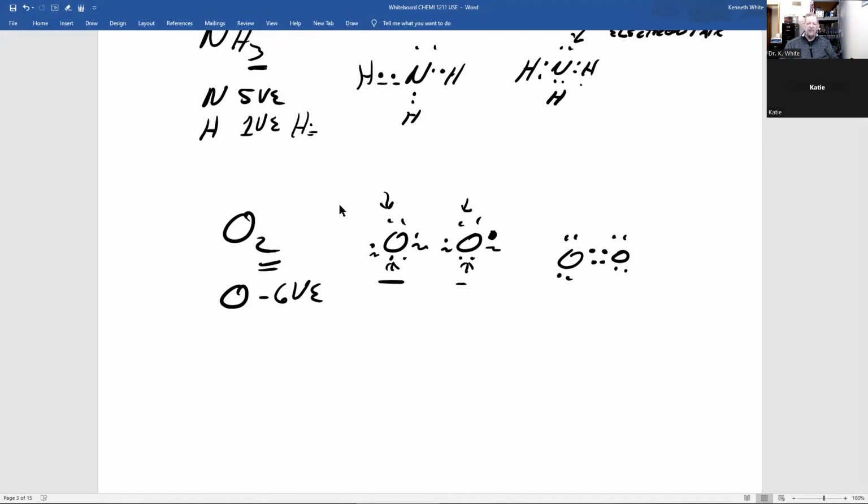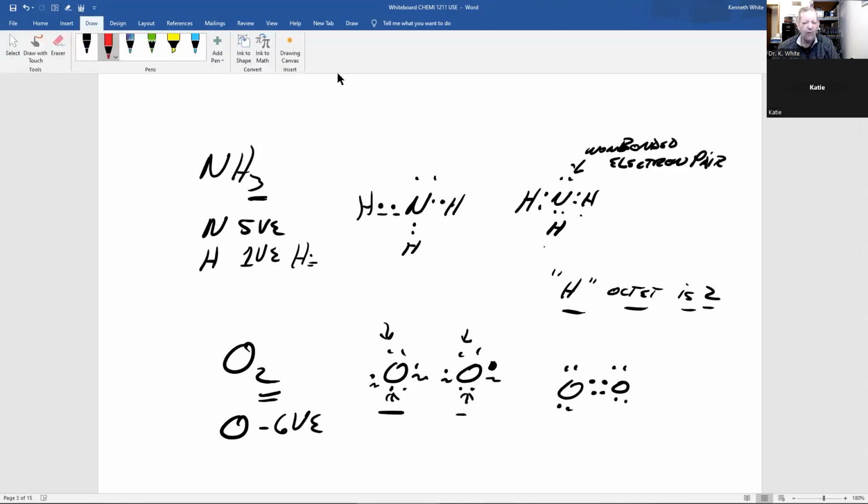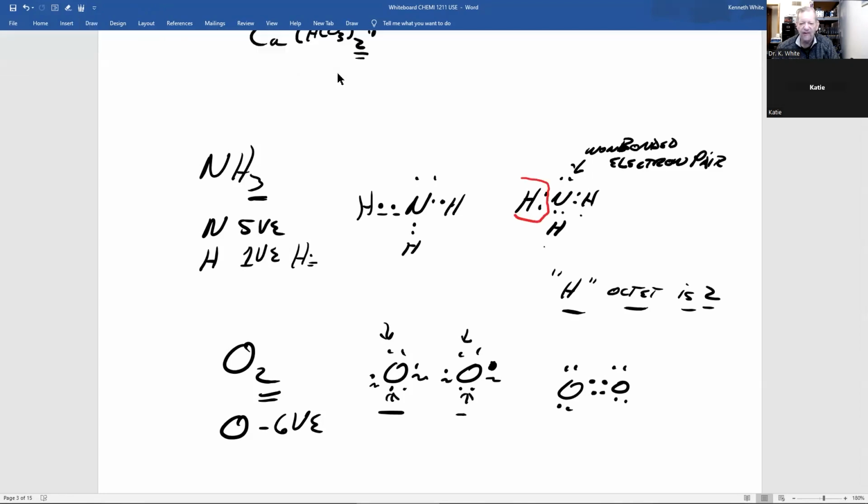Now, let me remind you of the octet rule. The octet rule says atoms share, gain, or lose electrons in order to have an octet, 8 valence electrons. The exception is hydrogen. Hydrogen's octet is 2. So if we look at ammonia, if I look at one of the hydrogens shared on its own, it has 2 valence electrons, same with the rest. Now, if I look at nitrogen,